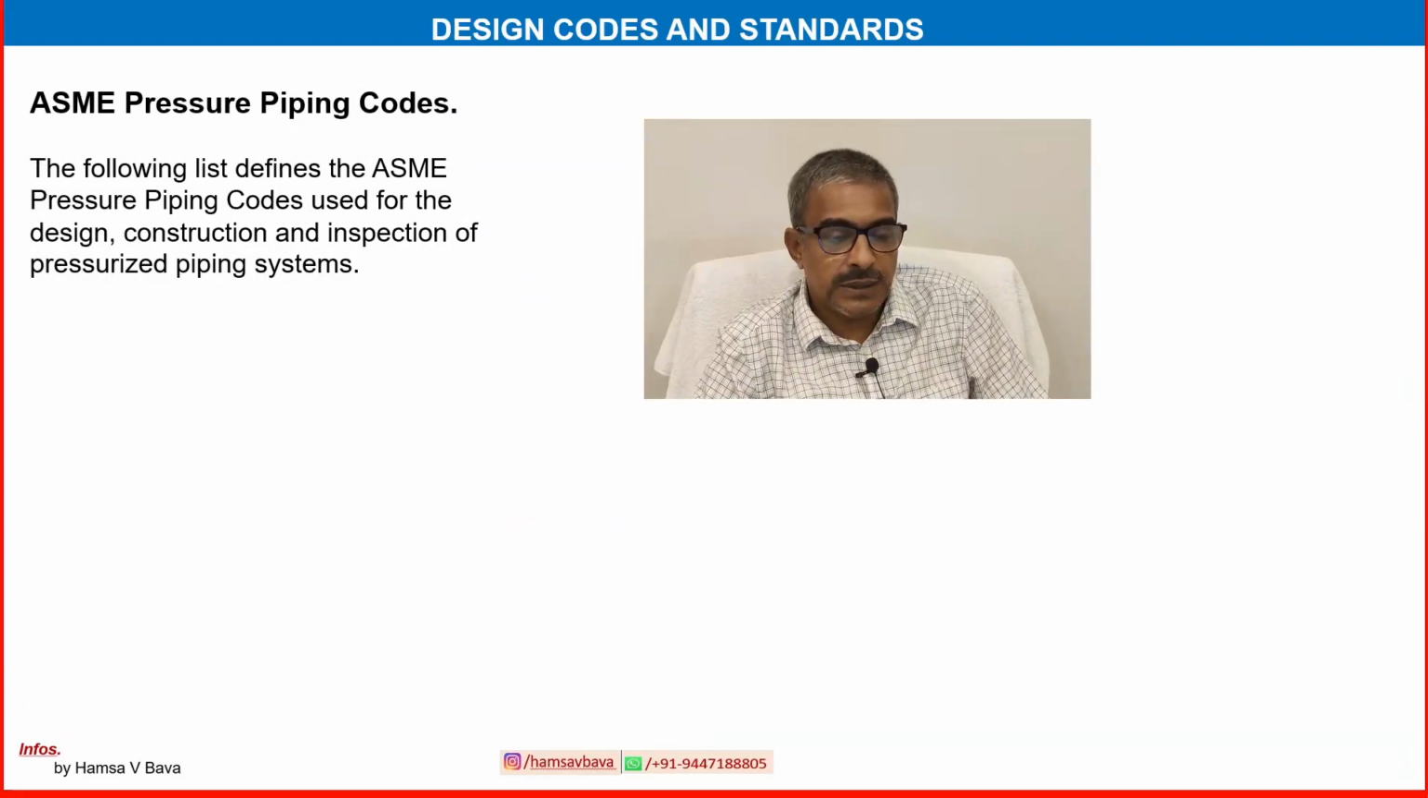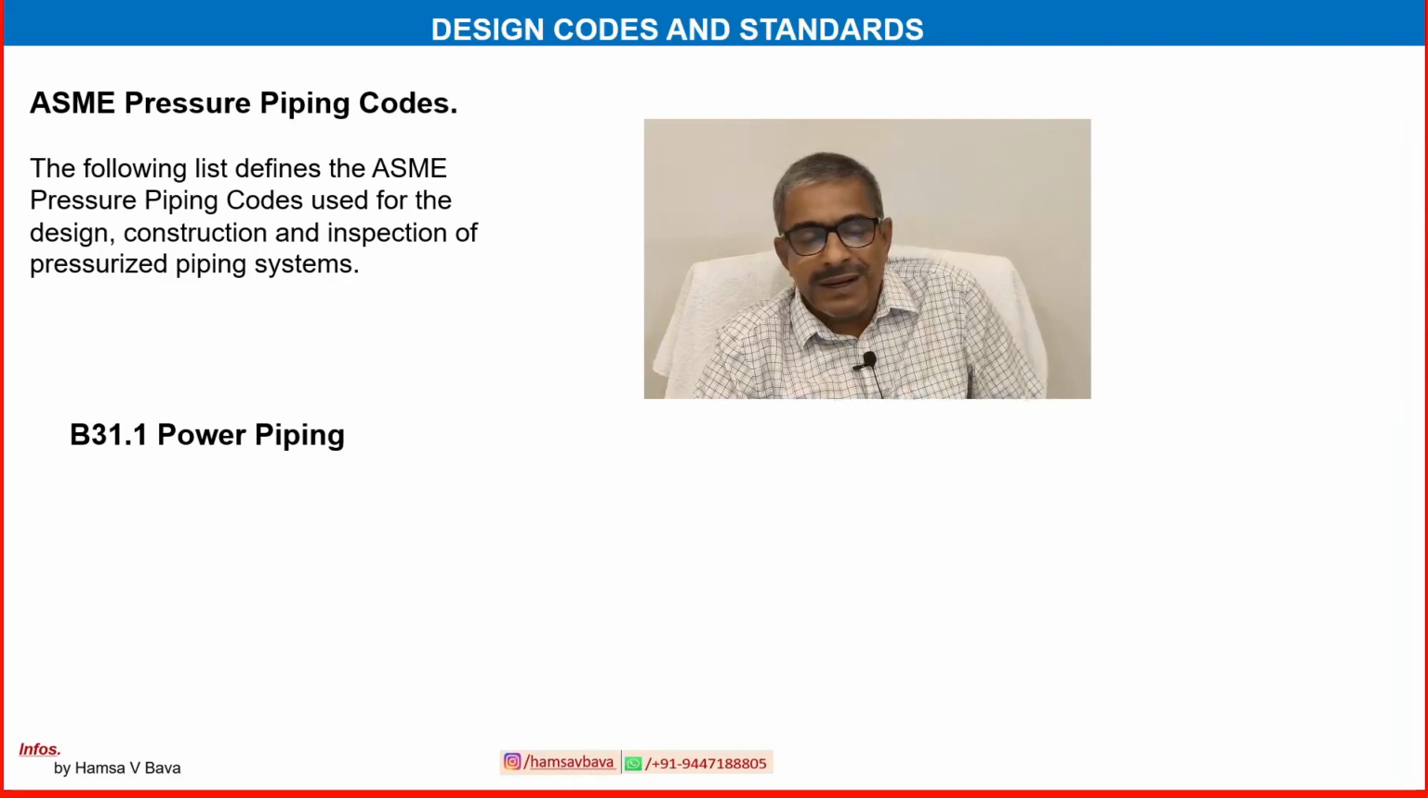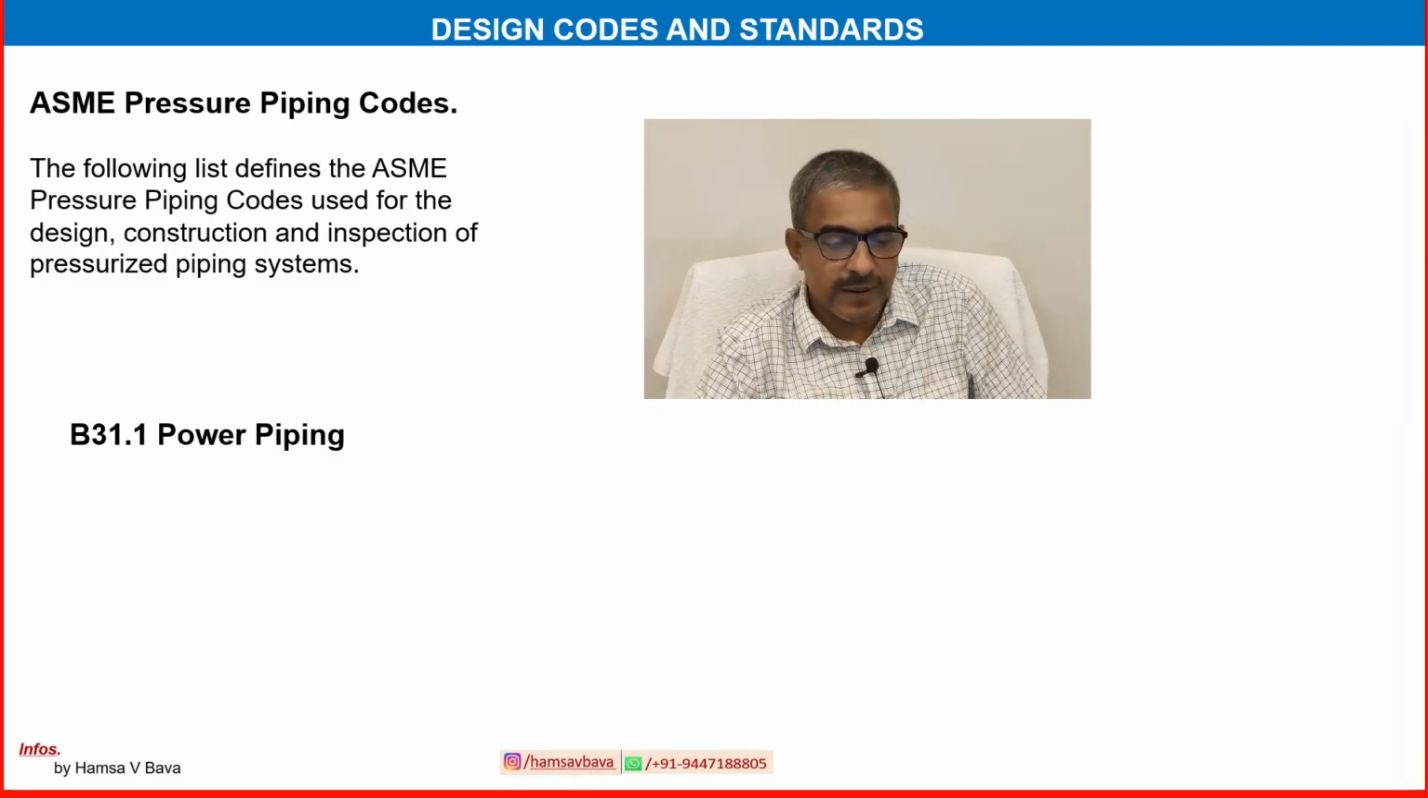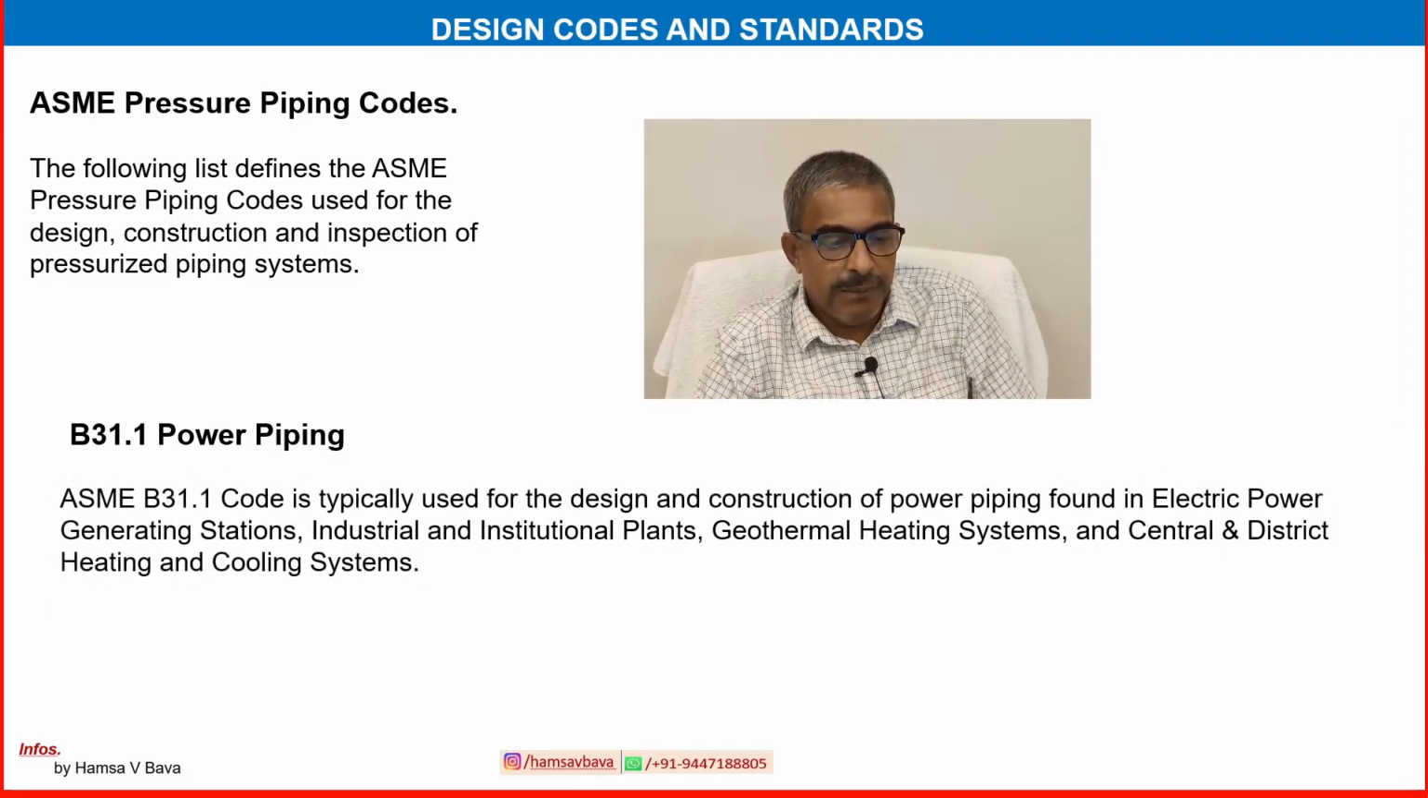ASME pressure piping codes. The following list defines the ASME pressure piping codes used for the design, construction and inspection of pressurized piping systems. The first one is B31.1 power piping. We are looking at various, not all, but some of the major ASME codes that we are describing here. The number one is B31.1 power piping. The ASME B31.1 code is typically used for the design and construction of power piping found in electric